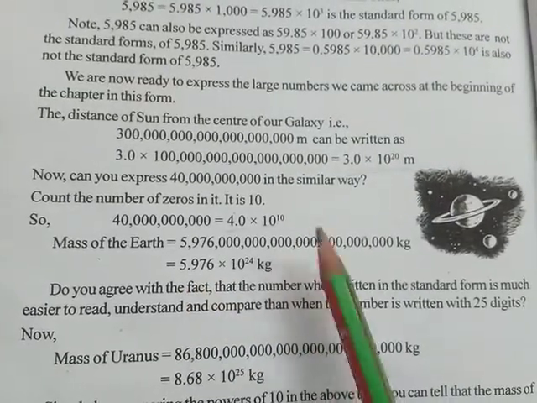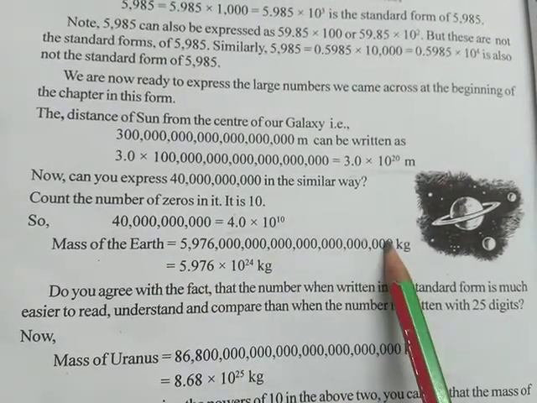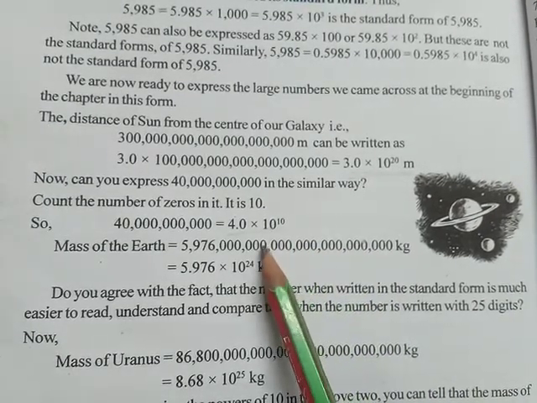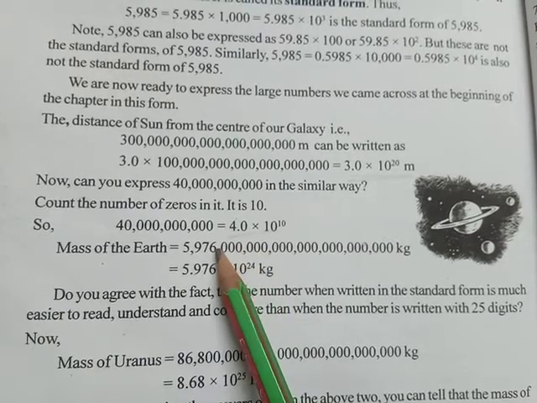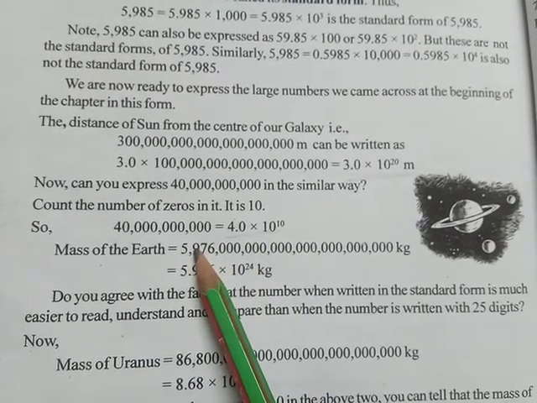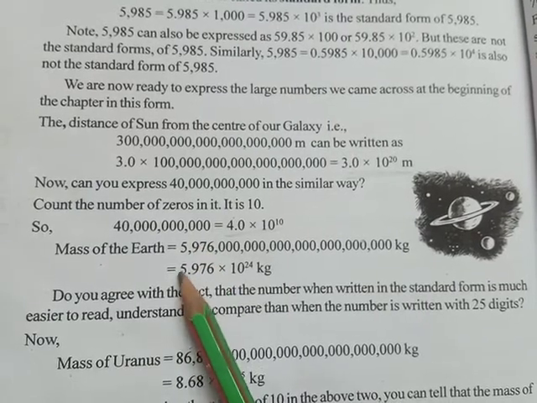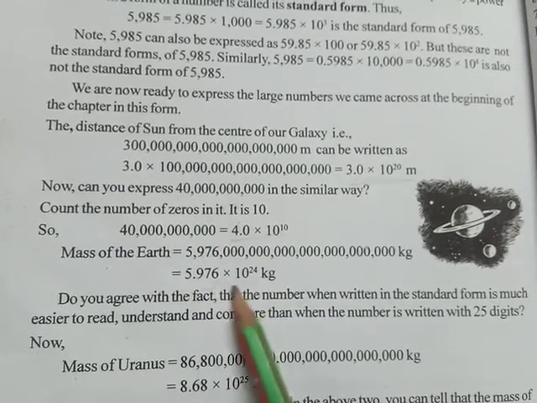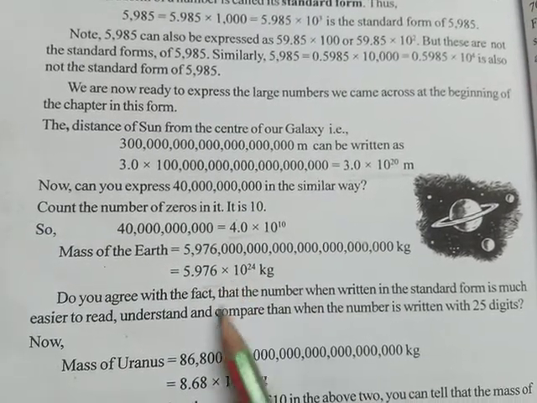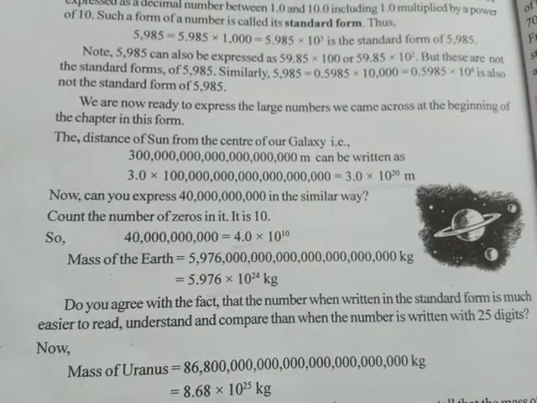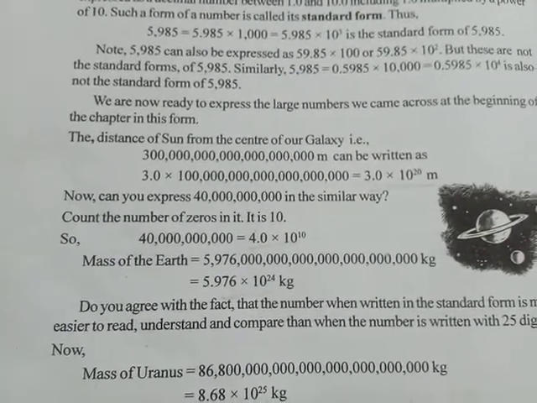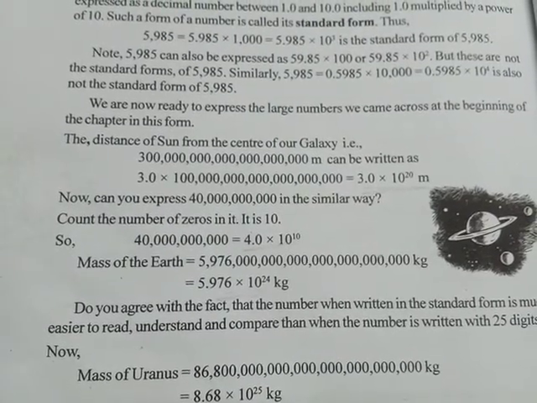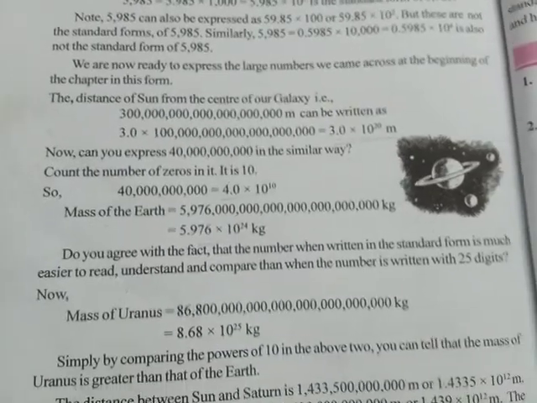Next we have the mass of the earth. So count 1, 2, 3, 4, 5, 6, 7, 8, 9, 10, 11, 12, 13, 14, 15, 16, 17, 18, 19, 20, 21, 22, 23, 24. We want to keep the decimal point in between 5 and 9. So 5.976 multiplied by 10 power 24. This is readable and convenient to write. So this way we can convert the large numbers in terms of exponential form, or you can say standard form, that we can read easily, we can write easily. It is convenient for us.